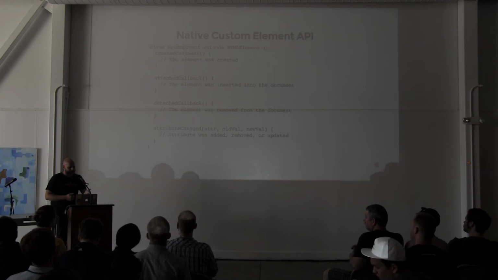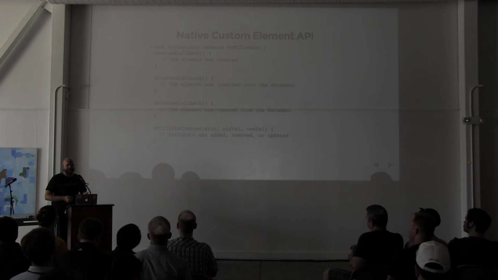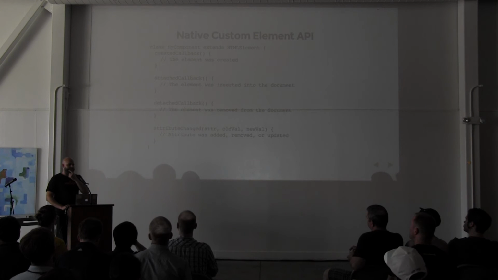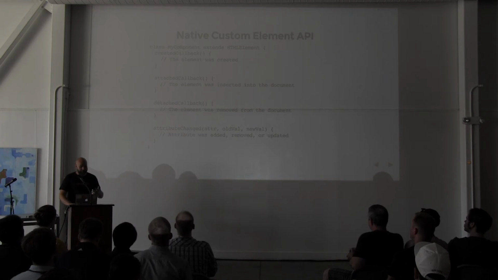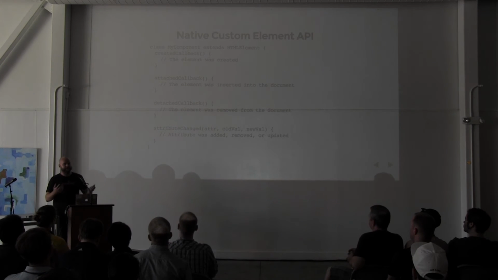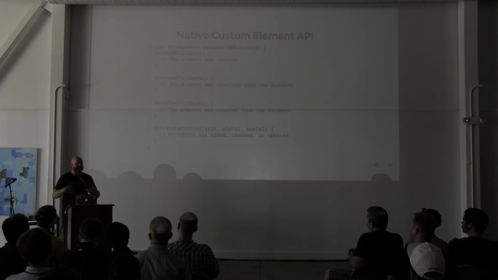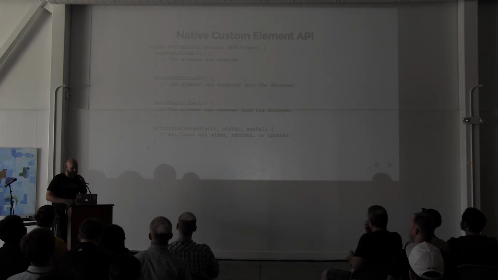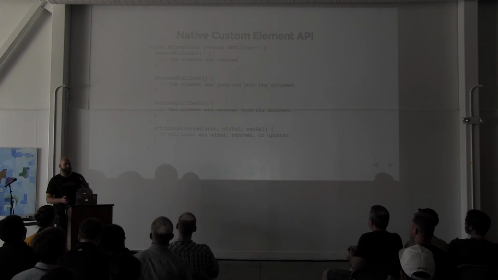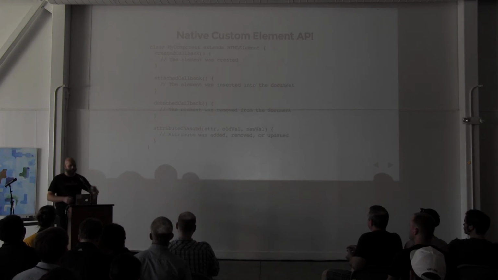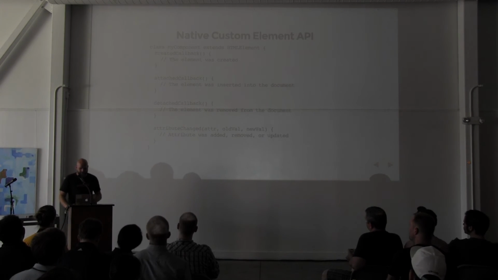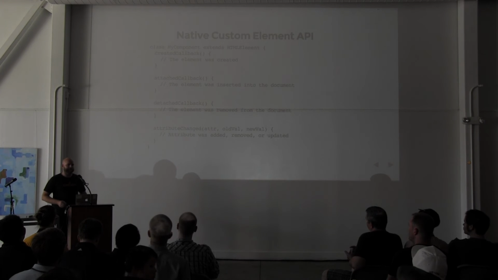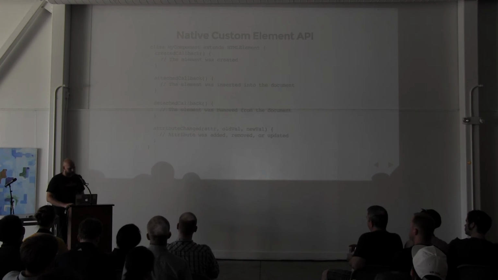And so you might be squinting and looking at these callbacks, and you might think, wow, those sound familiar. Those seem like things that I'm already familiar with. We've got created callback, which is basically the function that'll get called after the element gets instantiated, right? The JavaScript object for that. The attached callback, when you put it in the DOM, that's what gets called. When you remove it from the DOM, detached gets called. And there's a little interesting one, the attribute change. You might not have seen something like this before, but basically anytime an attribute is set on that element, you get this callback fired, right?